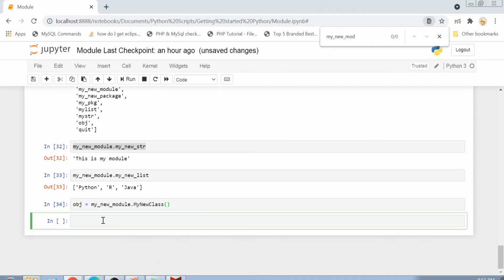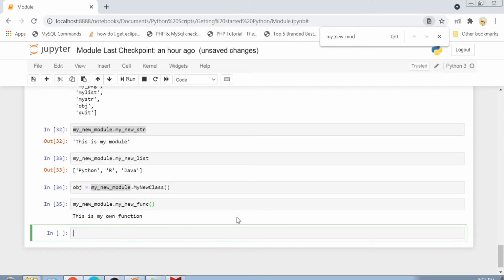I can also call my function here, my new function, and you see that my function list is printed. So this is how you can import a module and use the entire code written in the module by calling it with the help of a dot operator between the module name and the variable name.